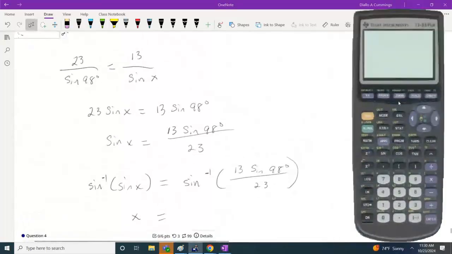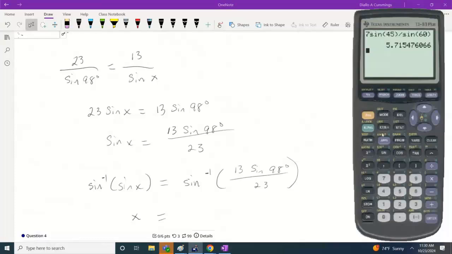So if we put this into the calculator, I just want to make sure I'm still in degree mode. This is the arc sine of 13 times the sine of 98 degrees. Make sure you close off the argument for sine. And now I want to divide that by 23. And we get